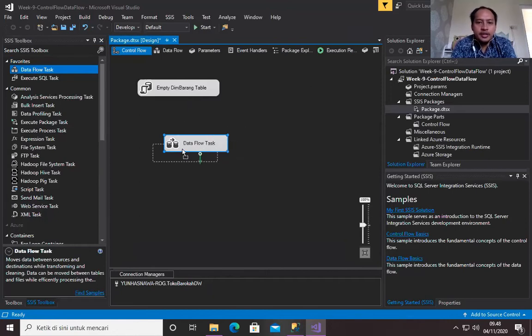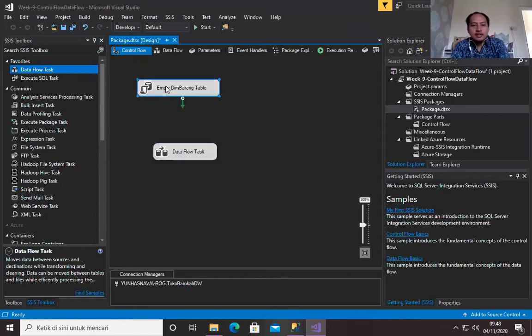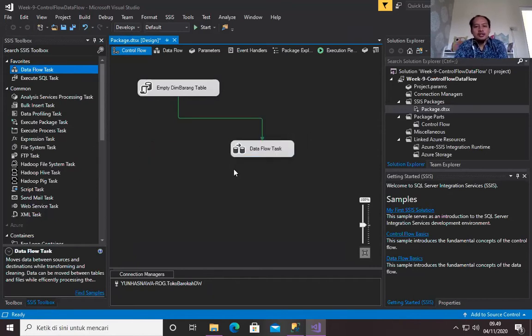And then, to make sure that this one will be executed first, followed by this task, you have to connect its precedence constraint here, like this. This will make sure that the data flow task will not be executed before the empty dim barang table task.